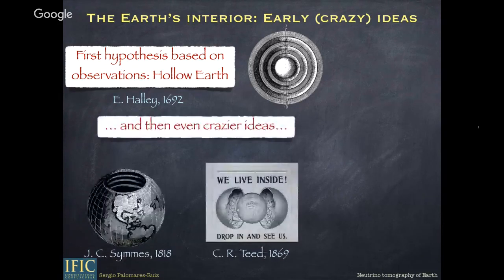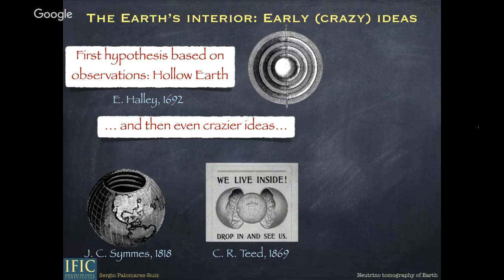Actually, there were even crazier ideas in the 19th century. For instance, there was a modification of this hollow Earth proposal, in which they considered that the poles were not there. Actually, there were holes in the poles, and one could access these different internal shells of the Earth through the poles. And there were even crazier ideas. There was this idea in the late 19th century saying that we don't actually live on the convex surface of the Earth, but we live on the concave surface. Basically, we live within, so everything is within the Earth. Everything means everything, the whole universe.